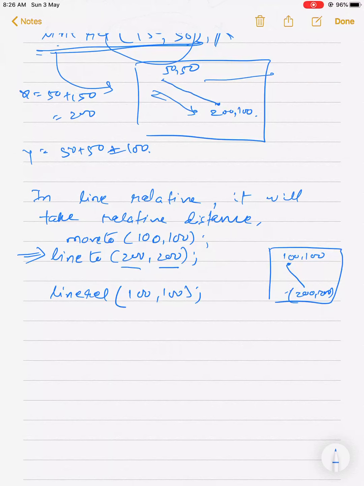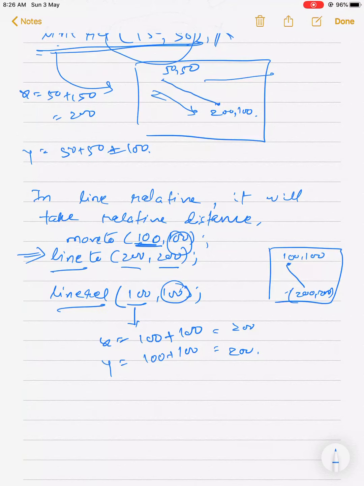So your new x will become 100 plus 100, that is 200, and y will become 100 plus 100. So this is the basic difference between line 2 and line relative.